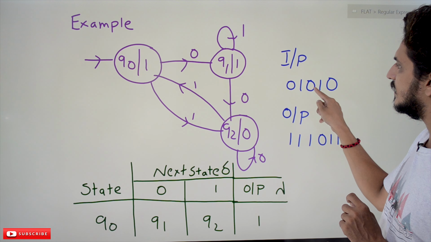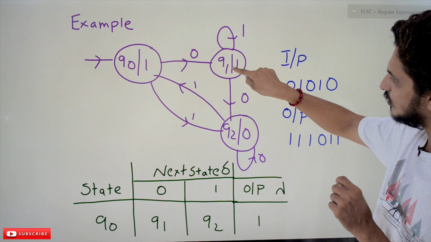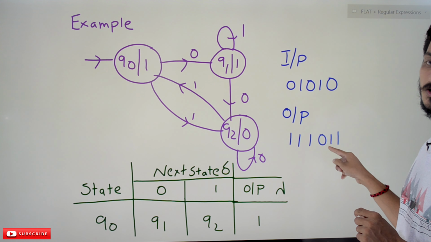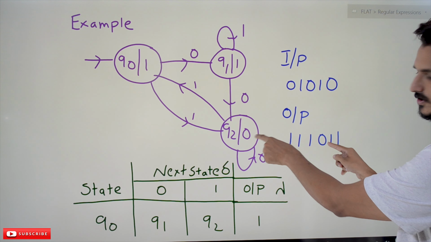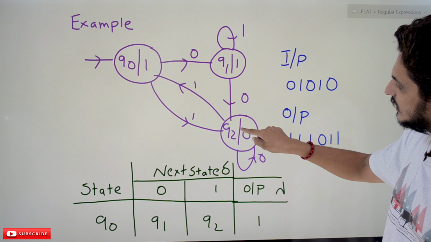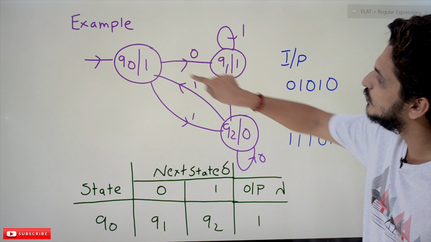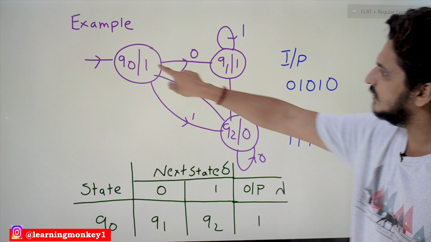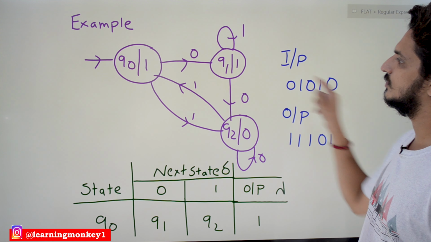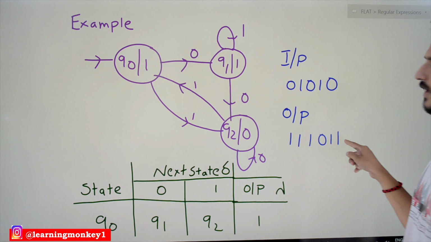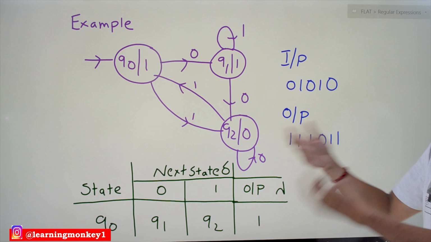The next input symbol is 0. When you take input symbol 0 on state Q1, we are moving to state Q2. The output should be 0 because on state Q2 we are displaying the output 0. Now the next input symbol is 1. Whenever you take the input symbol 1 on state Q2, we are moving to Q0. Q0 means you have to display output 1. On Q0, the last input symbol is 0. If you see 0, we are moving to Q1. On Q1, we have to display 1. This is how it will execute.